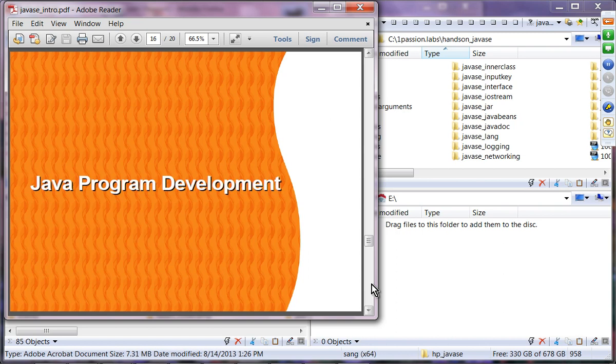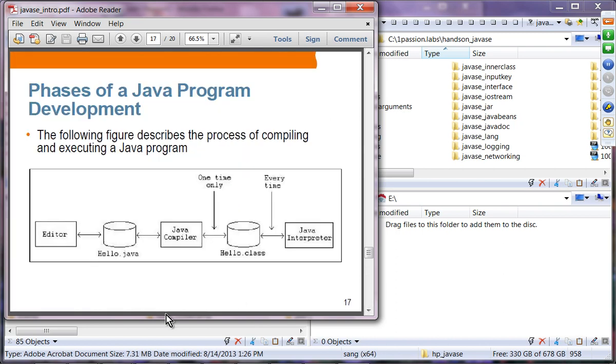Okay, so let's talk about Java program development. Basically, you are going to write your Java application. A Java application is a collection of Java source files. So suppose you're writing a very simple hello world Java application that contains a single Java source file, you're going to name it hello.java. So that's the source code. You're going to write this Java source code using your favorite editor of your choice. Again, you're going to mostly use an IDE's editor.